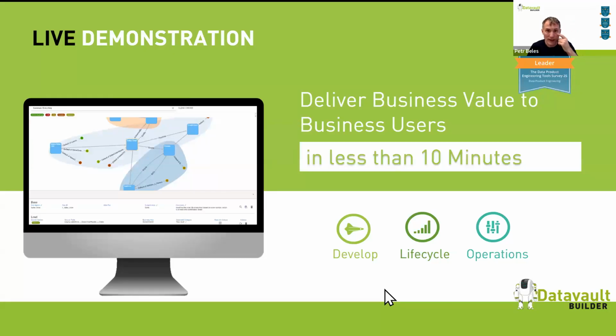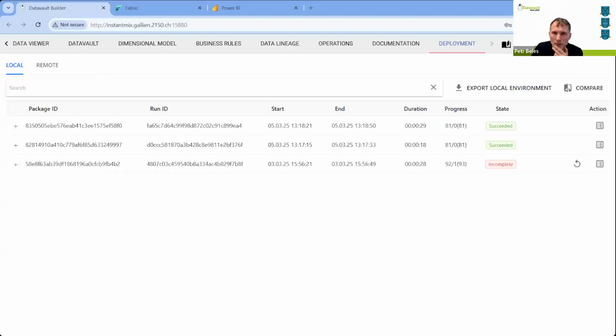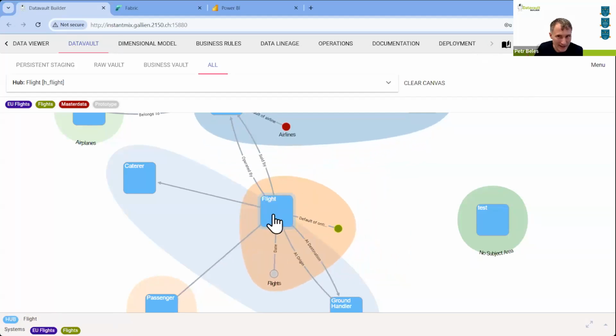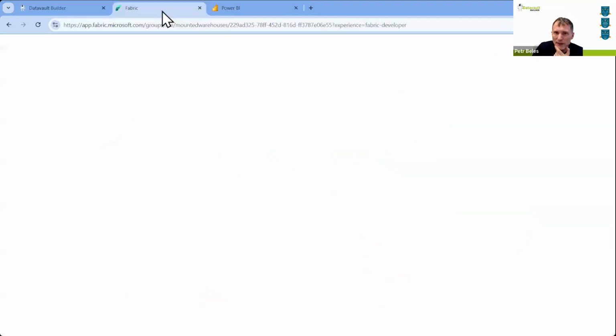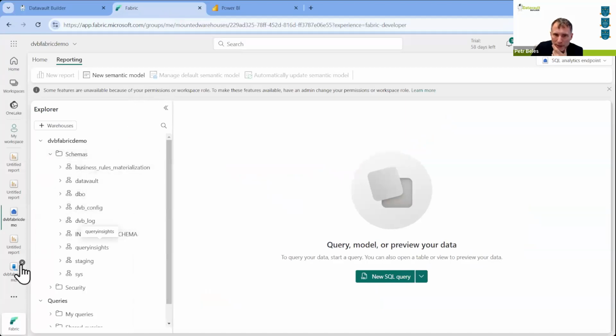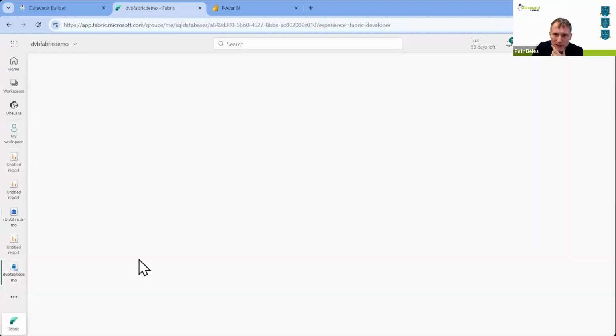And I would say, let's start with that. Before I start, I will reset my whole environment. But before I do that, I will show you what my current status is, in case any of the Fabric functionality isn't available in the next few minutes. I have a data model, and in the background, if I switch here to my database,